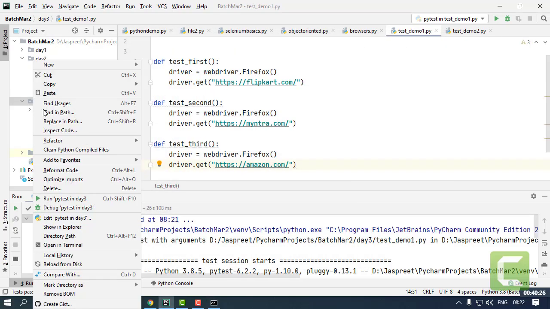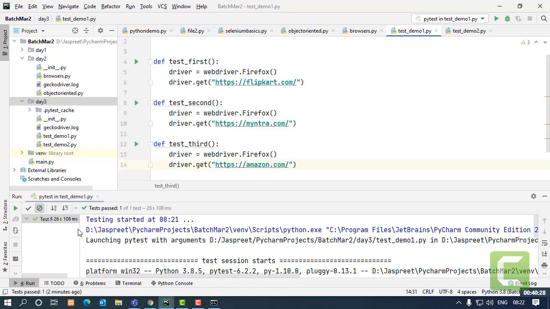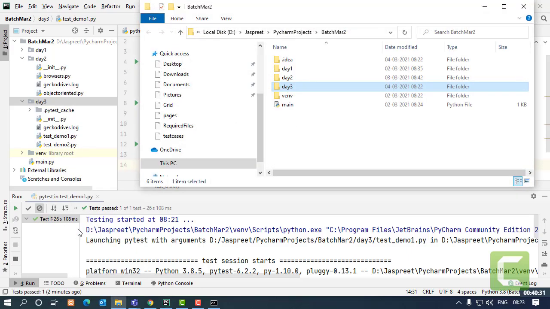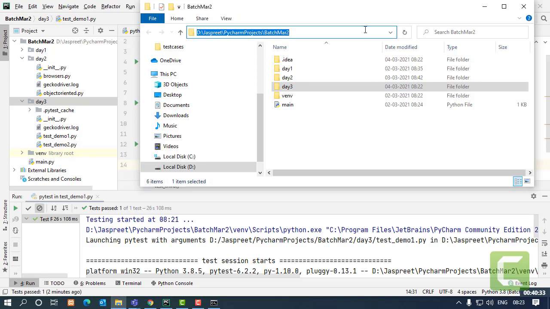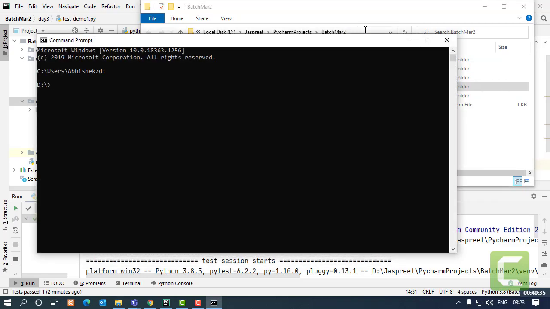Right. Here is my test package. I'll just go over here to take the path. This is the path. I'll take it. And now I am at that location where my package is lying. One line command is there to execute all the test cases in this package. What is that command? PyTest. That's it.